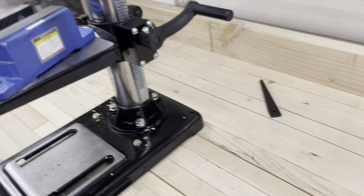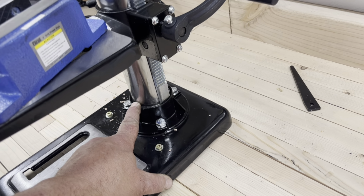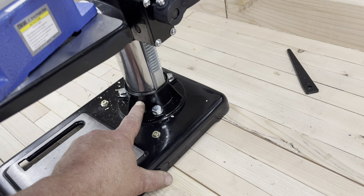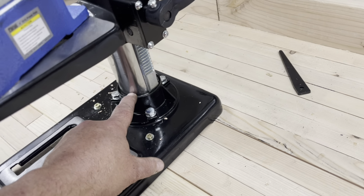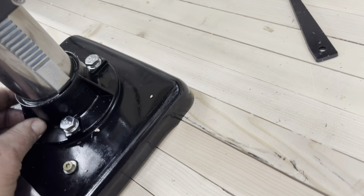While the video was doing a little editing here, as I did pull this shaft back out, it's not threaded, it's just set in there. So I'm going to end up drilling a hole and putting a set screw in here so it doesn't rotate. There's no threads, there's no nothing. It is just literally set into place, and as hard as I can look, I can't find any kind of a set screw anywhere on this thing